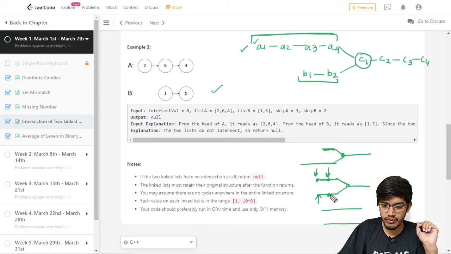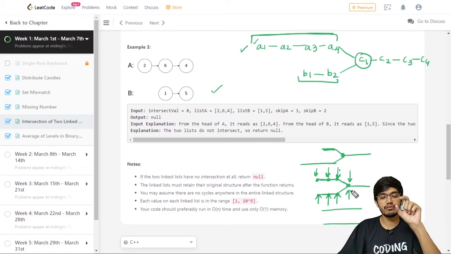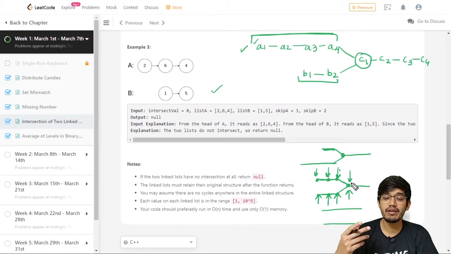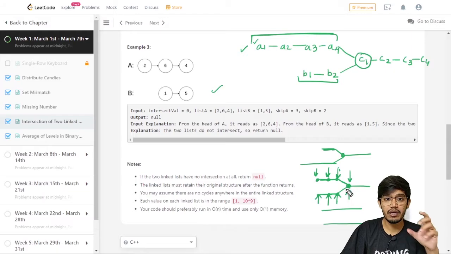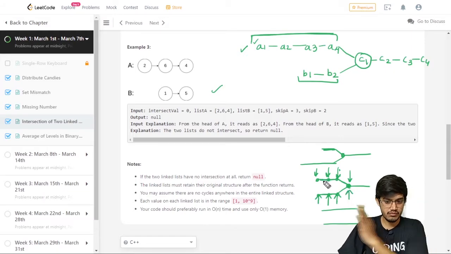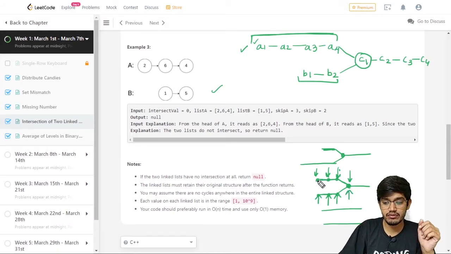There will be a point at which both pointers point to the same node, or when the values become equal, and you can return that. So our task is to start the iteration at the same point. Suppose the iteration starts from here for this list, and from here for the other.